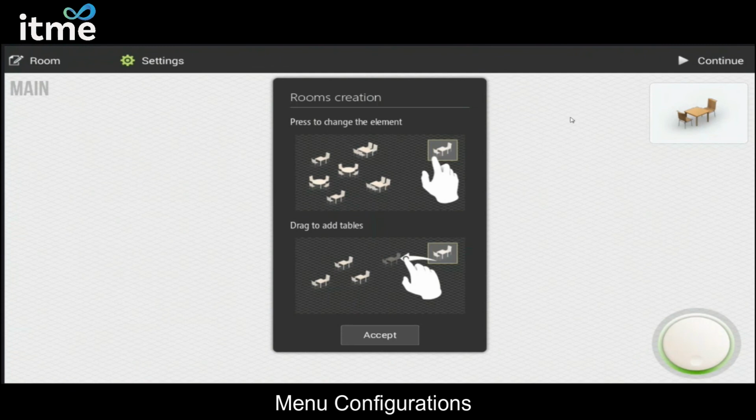Okay, once we configure our families and items, we have to